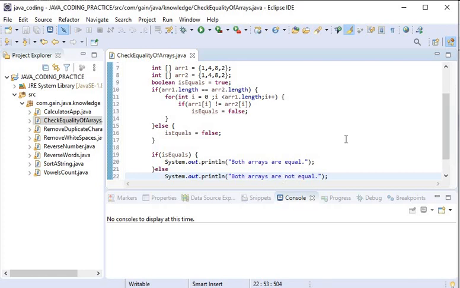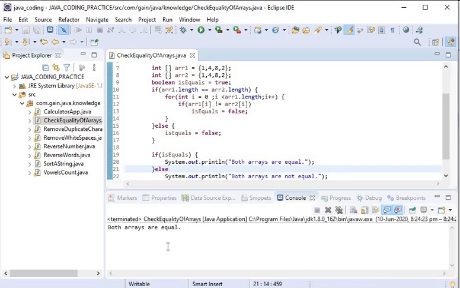Now I will run this application. Launching check equality of arrays. Both arrays are equal.